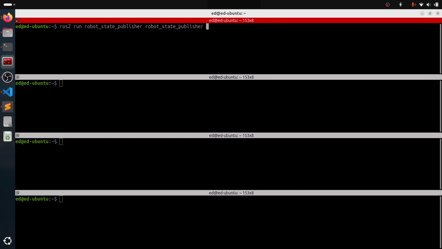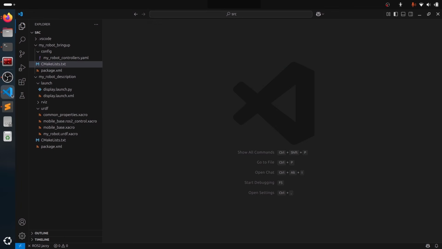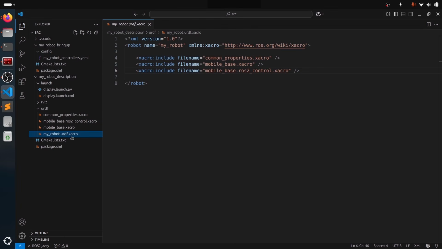Okay, robot state publisher. So we start the node and then ROS args with a parameter -p. The parameter name is robot description. And then, here we have this syntax to use Xacro. So $ parentheses, xacro, close the parentheses, and then space. And we need to specify the Xacro file. So that's going to be this one,